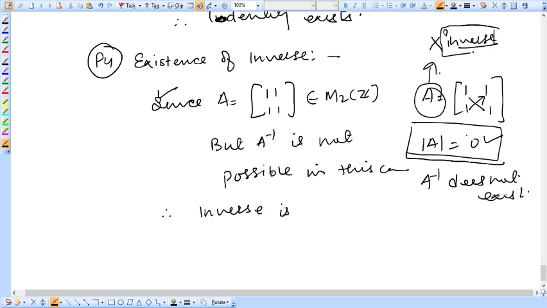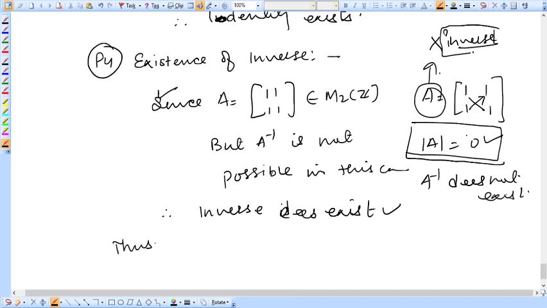Therefore inverse does not exist, okay? Because we just found out one element whose inverse does not exist, therefore we can say inverse does not exist always, hence fourth property is not true for this set under the given operation, right? So therefore this set is not a group. In fact, it is satisfying four properties, and therefore we can call this a monoid, right? Instead of calling it a group, we can call it monoid, right?